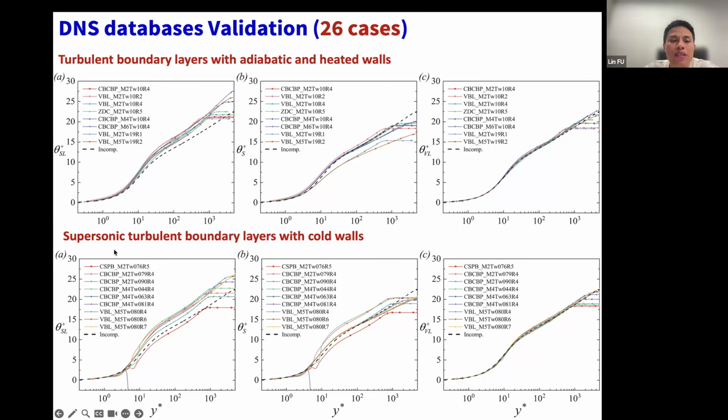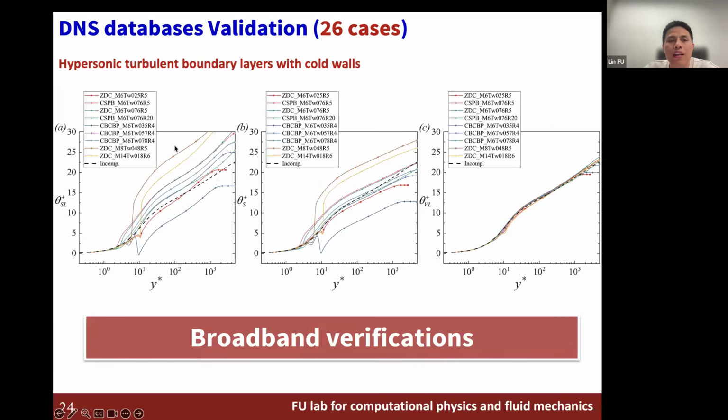If you consider more challenging cases, a supersonic turbulent boundary layer with cold wall, with Mach number up to 5, you can see we also significantly improve on the previous two state-of-the-art transformations. And if we consider the most challenging, hypersonic turbulent boundary layer flow with cold wall, the classical, semi-local, and state-of-the-art transformations all fail substantially, and we get a perfect collapse, which means that we succeed in deriving a new temperature law of the wall for compressible boundary layer flow.